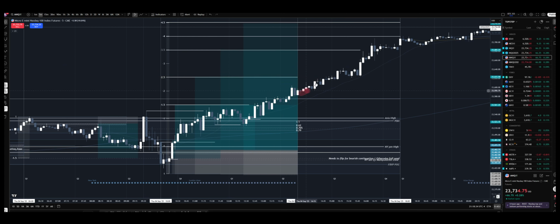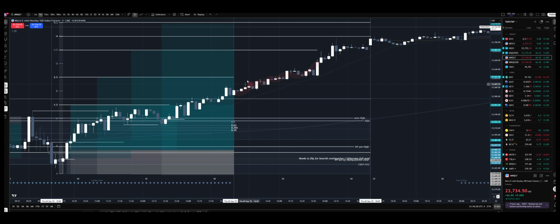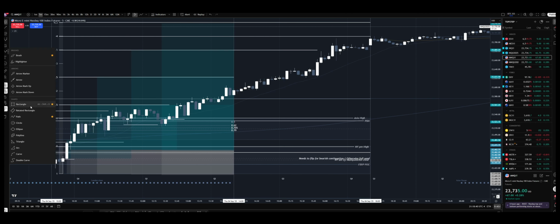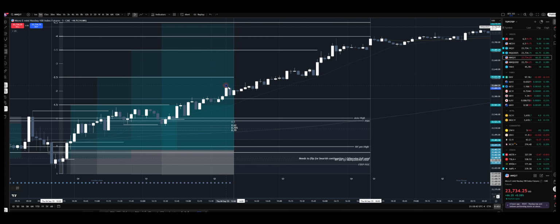And this is just grind it up, no sweeps all the way, each down close swing gets respected. And it just keeps going until here